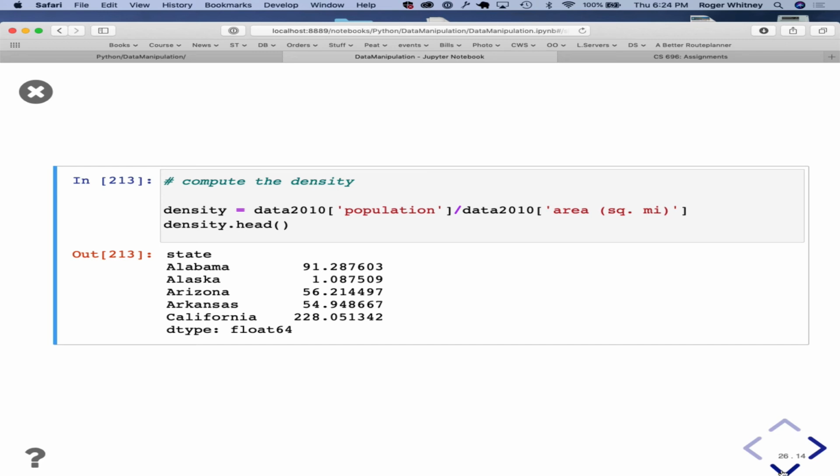And then we can just divide one column by the other column, and then we're done. And Alaska has a lot fewer people than California. And it's also a big state, so it's like a lot of emptiness up there.